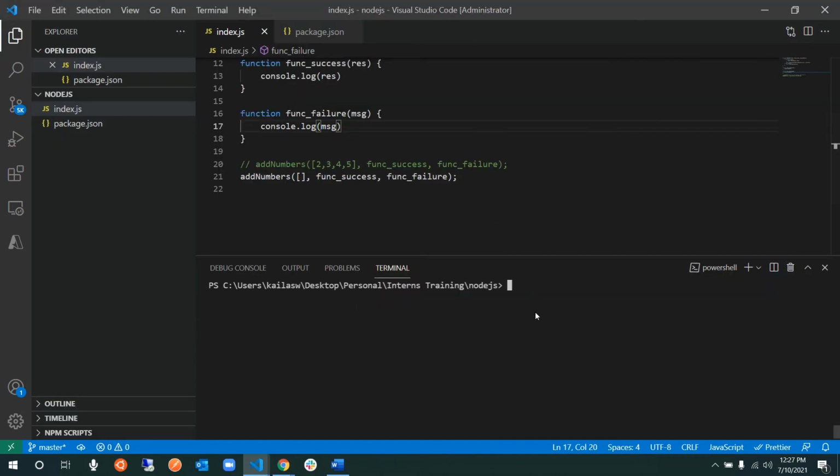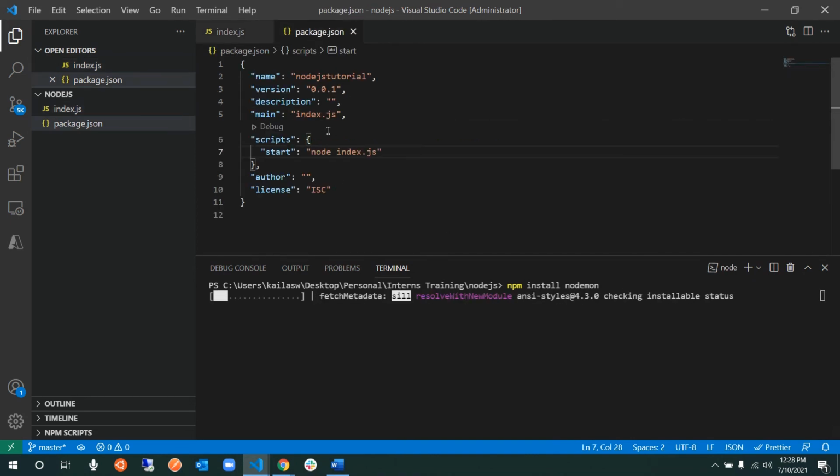So how do you install it? Go ahead and do npm install. You can install it locally for this project just by saying npm install nodemon, or you can provide the global flag and install it across your machine. If we don't give the global flag, it will be installed within this particular directory, within this package.json, that's all.